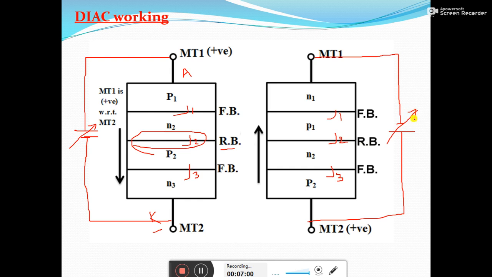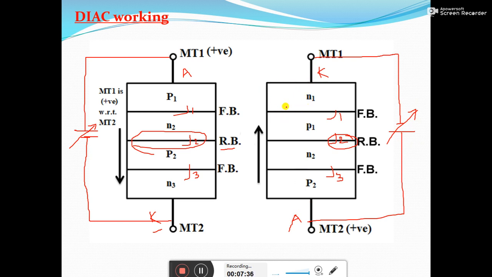So as long as the supplied potential is less than the breakover voltage, the junction J2 will oppose the current flow from anode to cathode. Now this terminal behaves like an anode and this terminal behaves like a cathode. The current that will flow from anode to cathode is very minimal, or you can say leakage current will flow, that is due to minority charge carriers. Once the supplied potential crosses the breakover voltage, the junction J2 will get broken down. Again it results in a large current from anode to cathode.